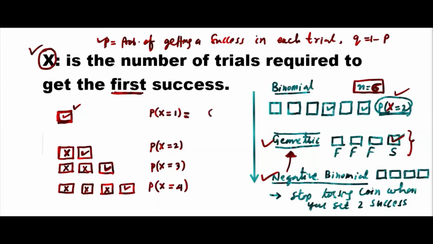Suppose I need to throw a stone here. There is a lamp post here. It might strike or not. I will continue throwing the stone till it strikes, and I will count the number of trials required to strike it once. If I am able to strike it, then I will stop. I am interested only once. Once I am able to strike this one, I will stop and count the number of trials required to hit it.